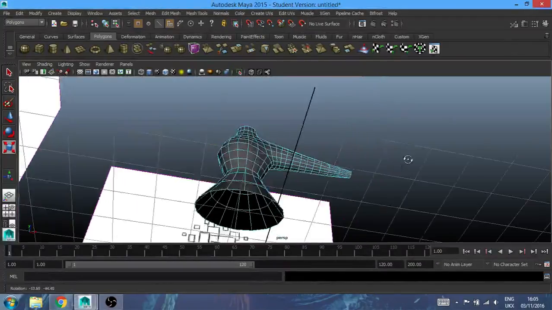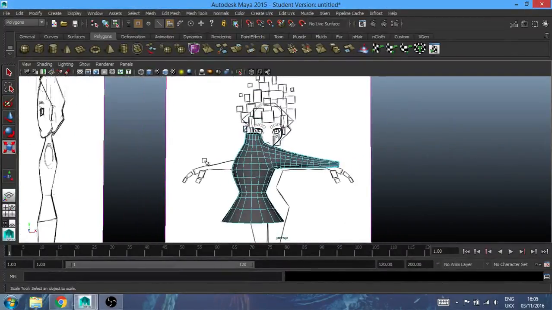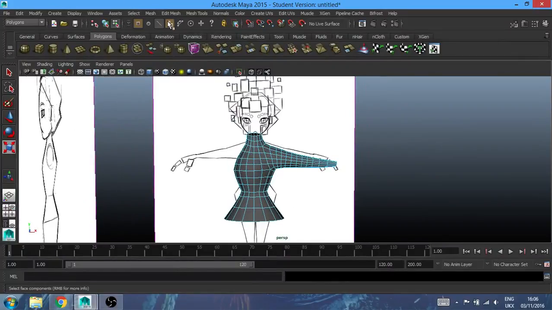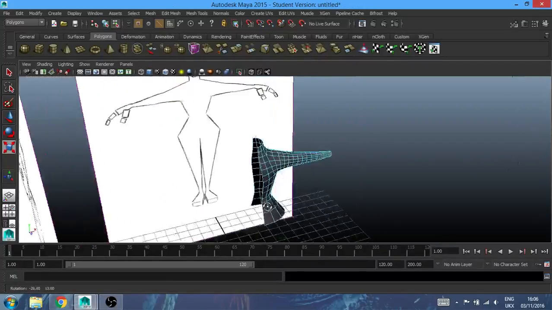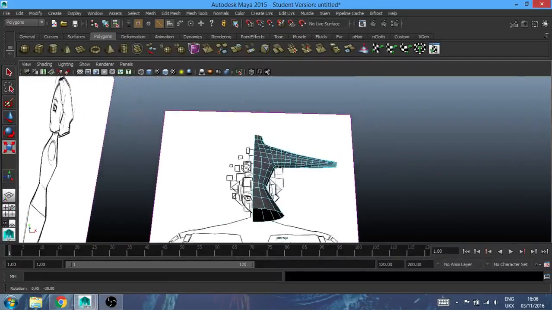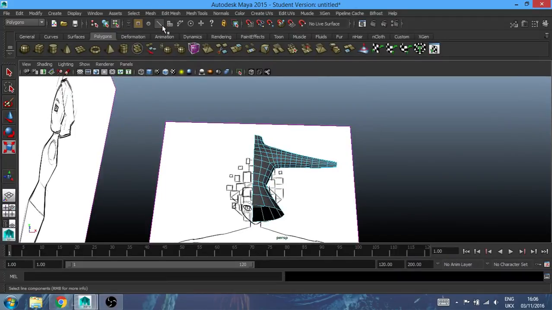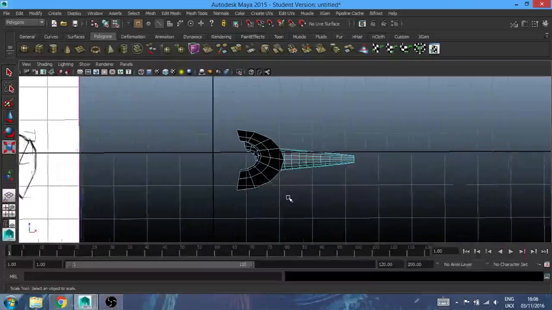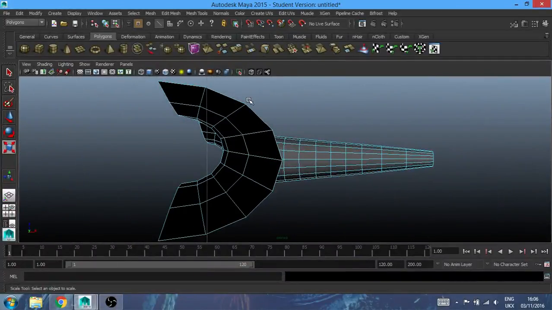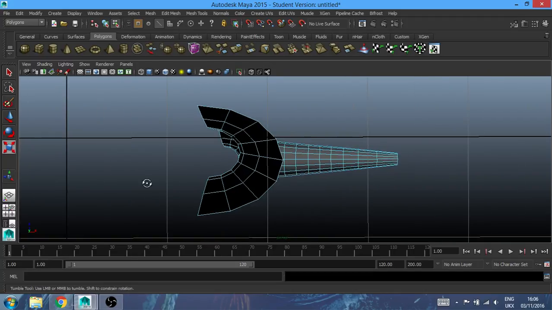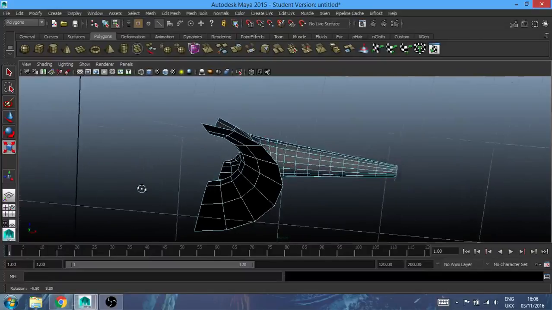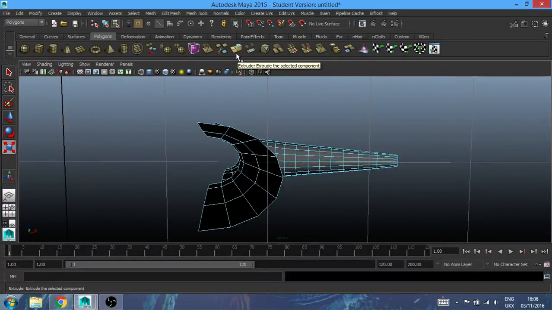So, into the crotch I got to work. And I'm just going to take that and delete it, or it's deleted only half. Yeah, that's okay. So what I can do here is, if I count how many vertices I now have around the edge, I have 1, 2, 3, 4, 5, 6, 7, 8, 9. So I have 9 here, which is going to make it a bit awkward for implementing the leg. So I want to try and balance that out a bit. So I'm going to put that to 10. And the way I'm going to do that is by selecting this line,